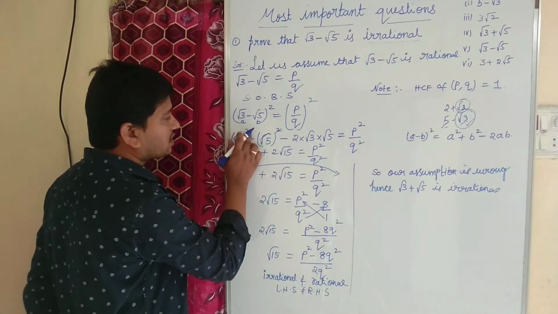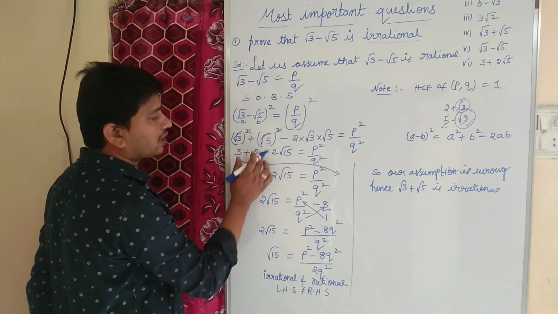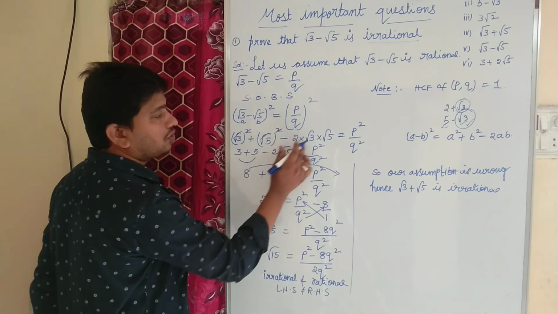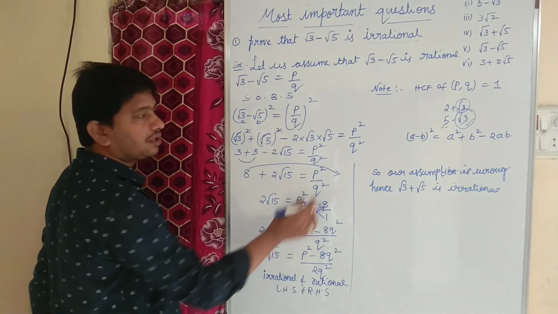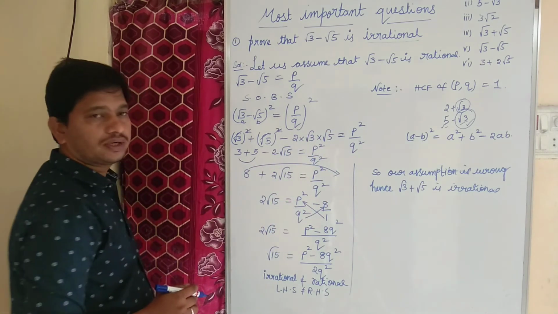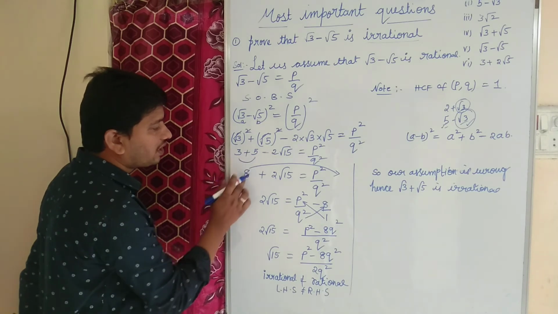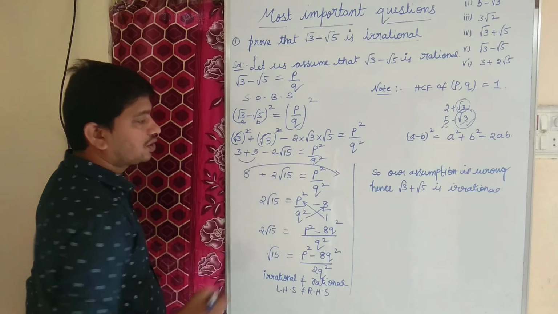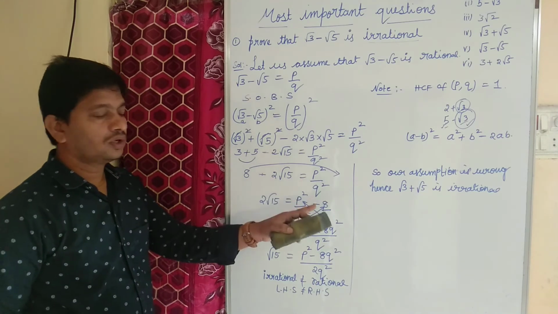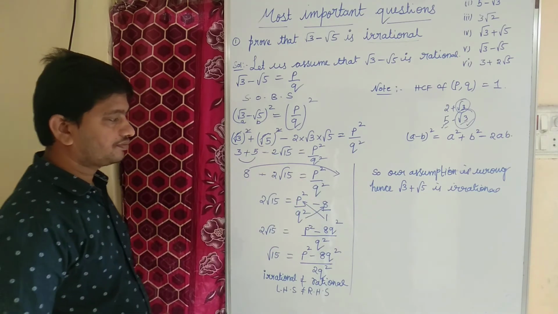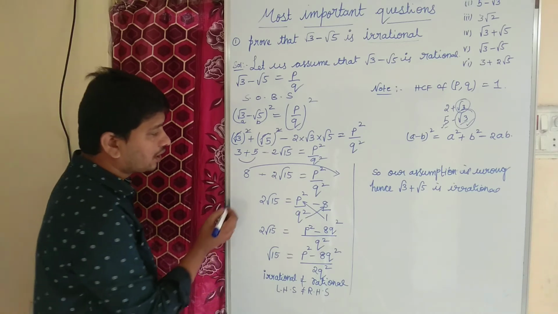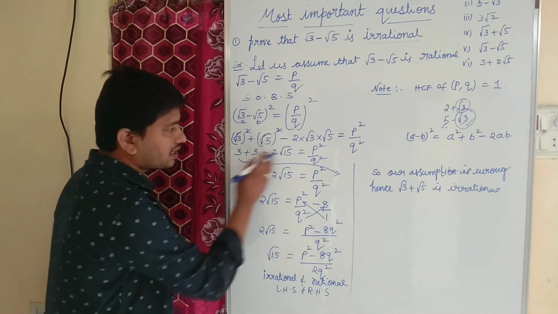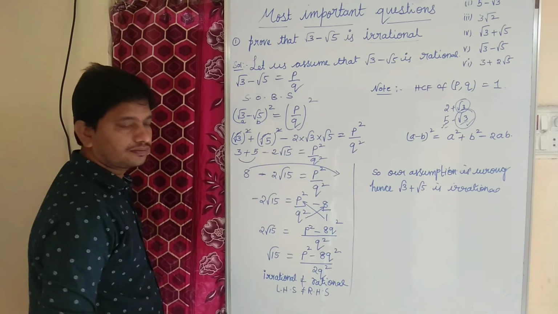Right? So the square root cancels for 3, the square root cancels for 5, minus here. Minus 2 into root 3 into root 5, root 15 equal to p square by q square. So again 3 plus 5, 8. What you will get here? 8 minus 2 root 15 equal to p square by q square. Okay, children? So here actually we have minus 2 root 15 plus 8, if you transpose, minus 8.